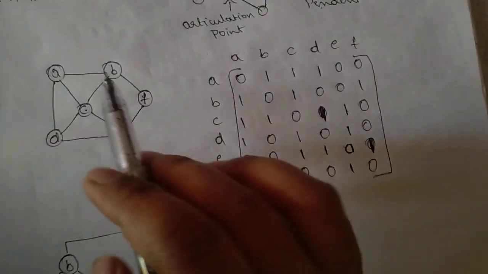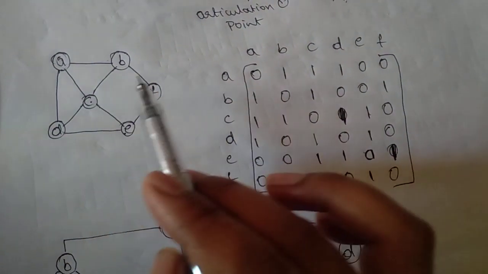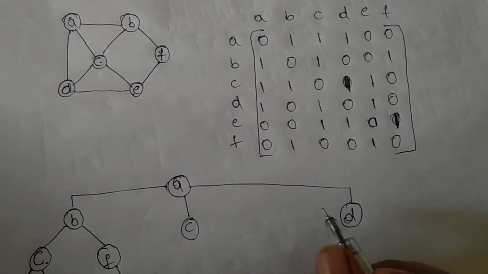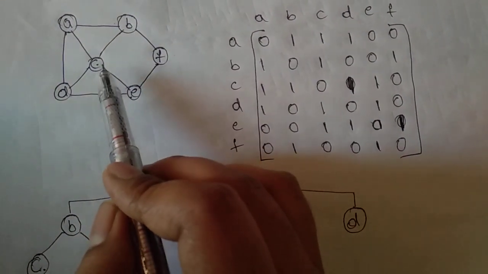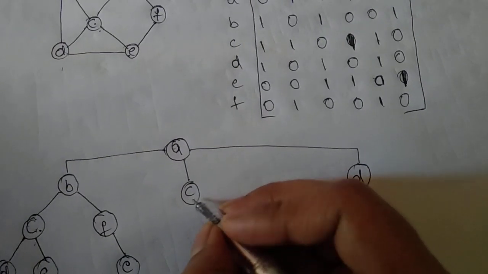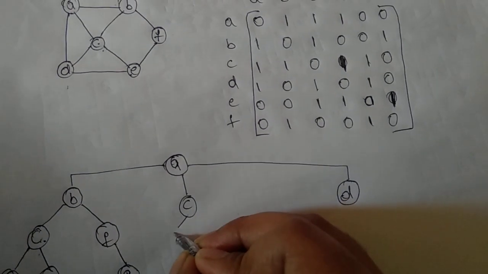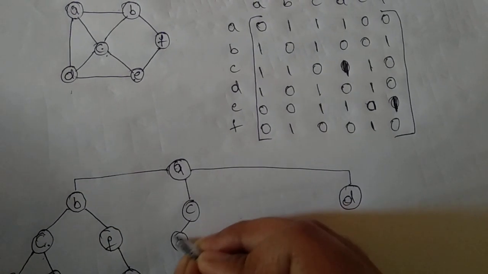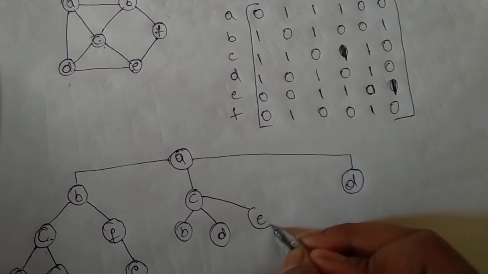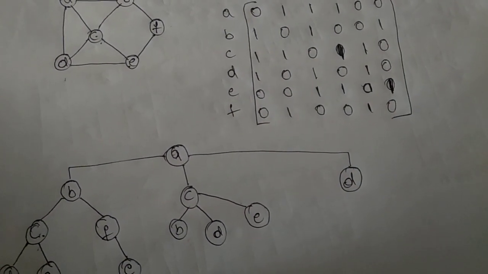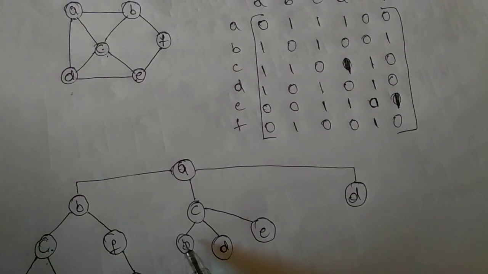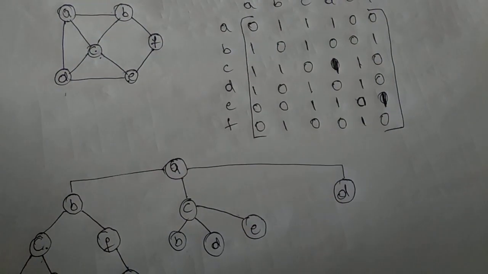If I'm not going to B, I'm coming from A to C. This condition. Okay. If you come to C, how many possibilities are there from C? Either you can go to B or D or E. Is it not? Yes, from C to B. First I'll take this one, A to C, C to B.